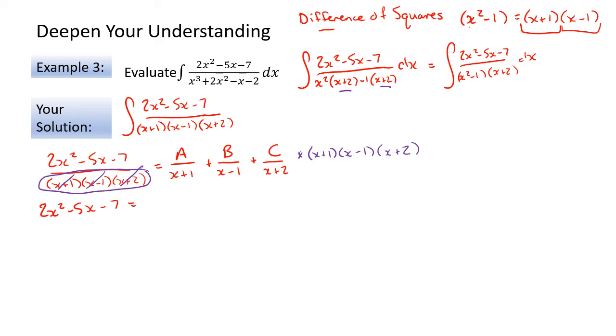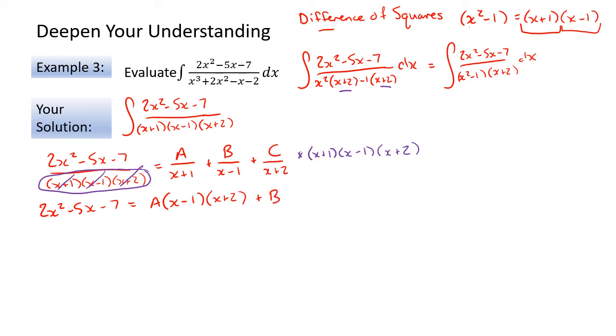And that's going to be equal to, for a, you can see that only the x plus 1 cancels. The remaining two will stay. So we have a times x minus 1, the remaining one, and x plus 2,